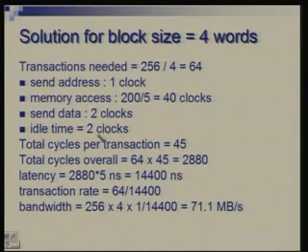Adding this all together, the total cycles are 45. This is 1 plus 40 plus these 4. So overall, the total number of cycles is 64 multiplied by 45. These many cycles will be required for the entire 256 words, and each cycle being 5 nanoseconds, the total latency in terms of time is